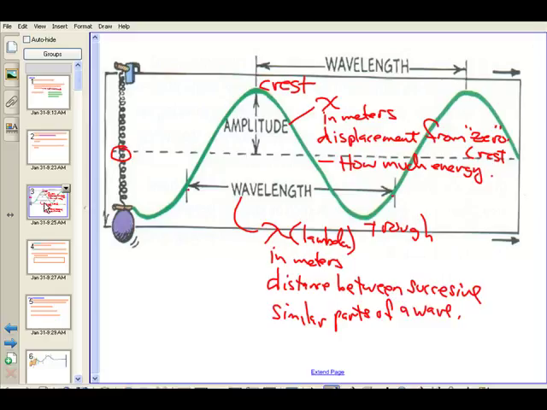Now there's another term, total displacement. Total displacement would be like from the crest to the trough. But in a longitudinal wave, it'll be how much does it compress or how much does it rarefact. But not total displacement. How much energy? In other words, the greater the amplitude, the more energy. So like in sound, a louder sound would have a greater amplitude. A brighter light would have a greater amplitude. But the amplitude has no effect on wavelength.